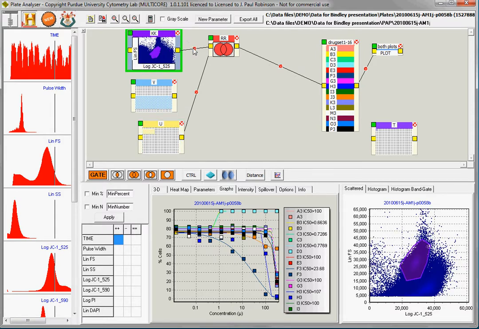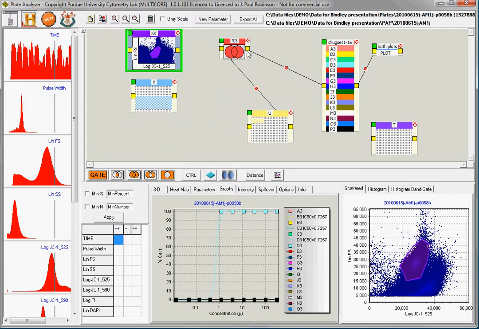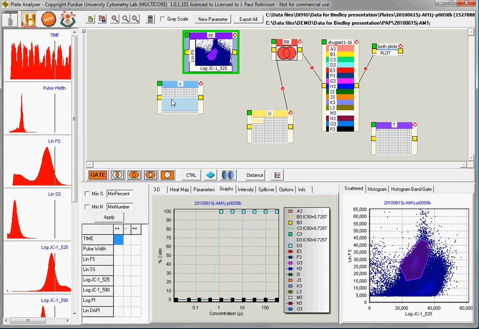If I kill this one off, now I only have cells that are in here, and so there's only a small percentage of them because some of these actually don't go through to the very low concentrations, which will be down here, and these ones do. So that gives you some idea of some of the types of gates that you can have and how you can link them. And of course you can have